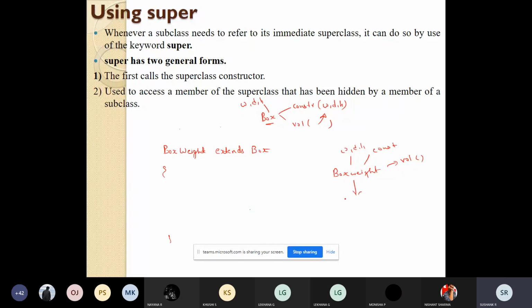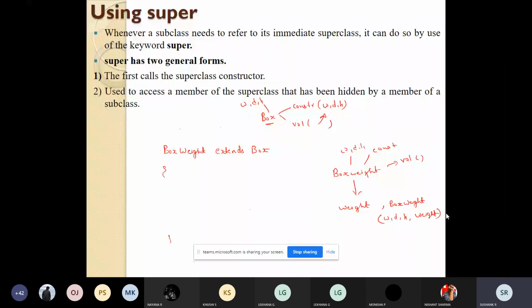Also, it can define its own variable called weight, and it can add one constructor called box weight, which takes four parameters: width, depth, height, and this weight variable.